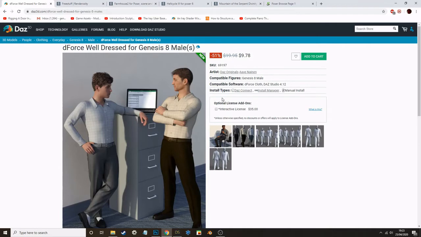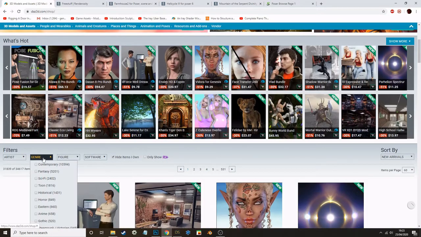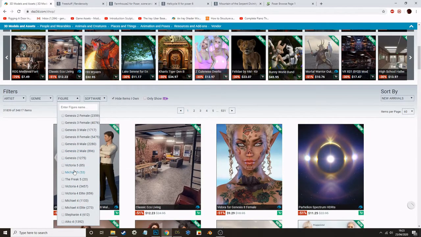That's inbuilt with Daz Studio, so don't worry about that at the moment. If it says D-Force, it'll work, don't worry. Now, if you find something that says, let's go for figure, say Genesis 3 or 2, or even Genesis, or Victoria 5 or Michael 5, they should all work with Genesis 8 quite well. Now, to explain the naming,